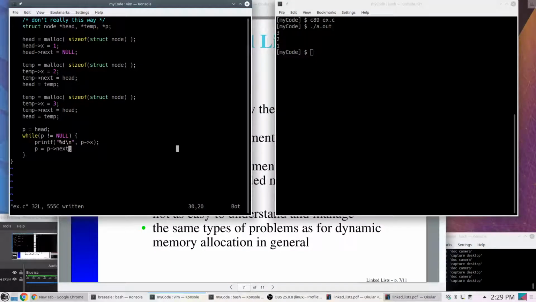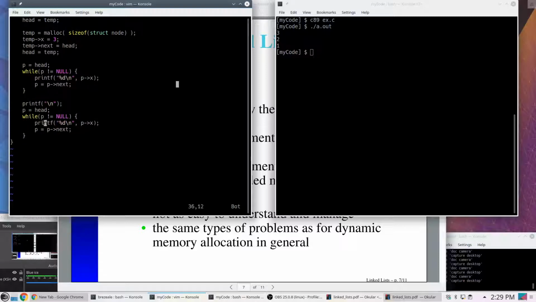If I want to free up the memory, then I can do something similar. So in this case, I don't care about whether or not I reuse head, but I have this code right here. Let's put a printf statement in here. And let's take this code right here and modify it. And now I'm going to say freeing, and we'll print the number that's there. So what do I need to do? Well, if I do this,